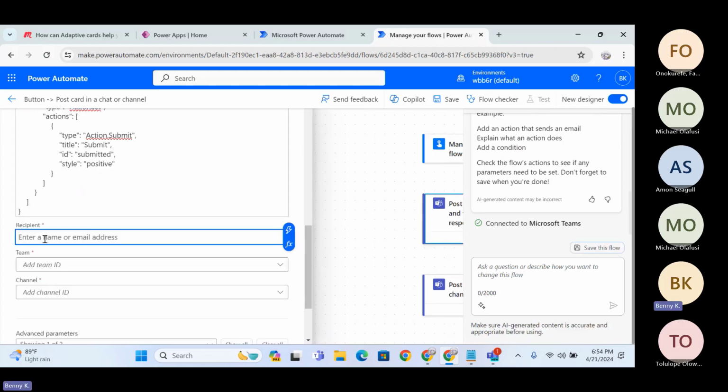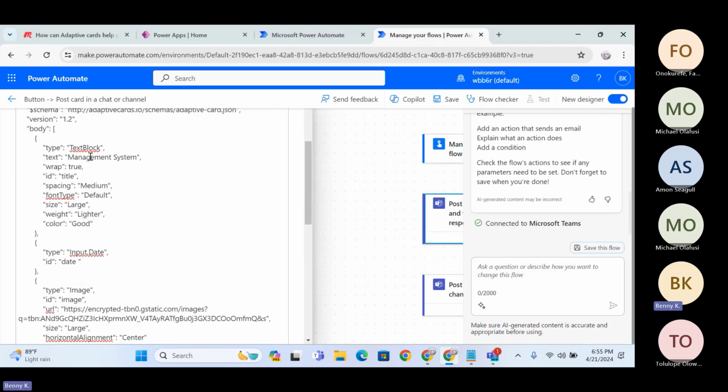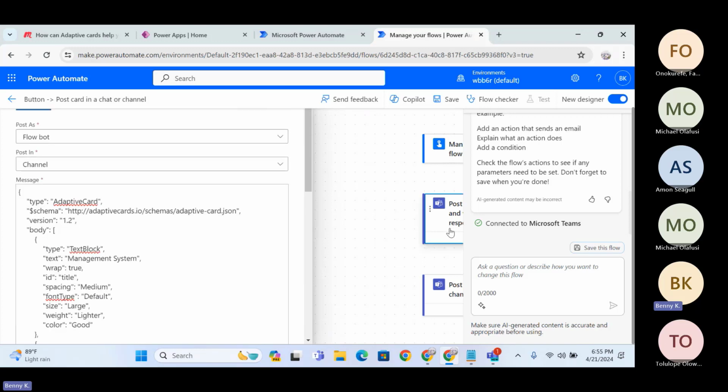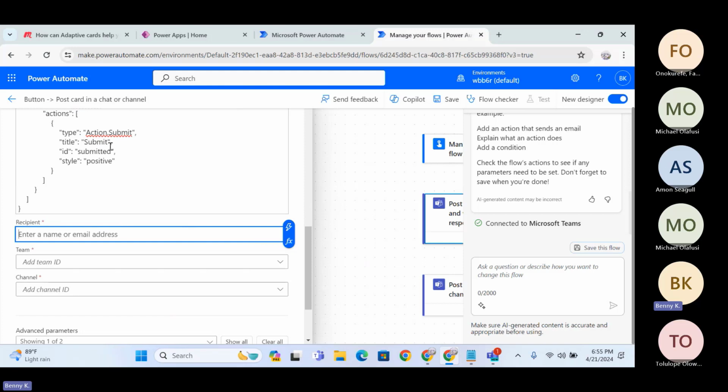So my recipient, at the moment, we actually do not have one. But if we add, for example, in this flow, we could actually pick someone's name. We could make it that we pick the few elements that were mentioned in this JSON file. But in this case, we just pick